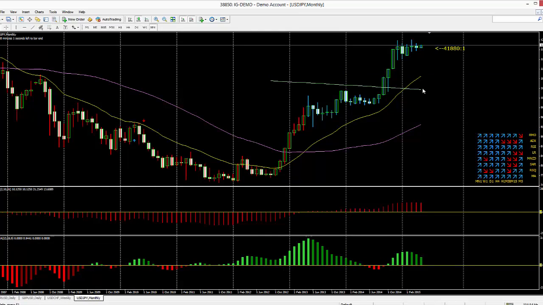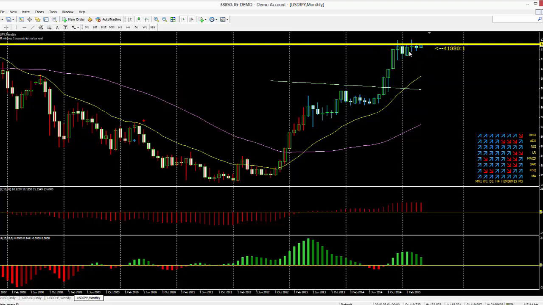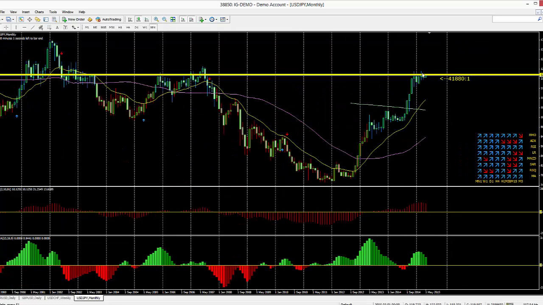There we go. Looking at the monthly time frame here again, a quick look at the indicator box down the bottom: a lot more positive, not much red in this particular pair. However, looking closely at price action on the chart on the monthly, you'll notice there's a lot of hesitation where price is trading right now. No new highs, a lot of indecision candles in fact, and that's predominantly because if you look back in the past, you'll notice that price actually came unstuck through 2005 to 2007. So almost a 2-year resistance level here.